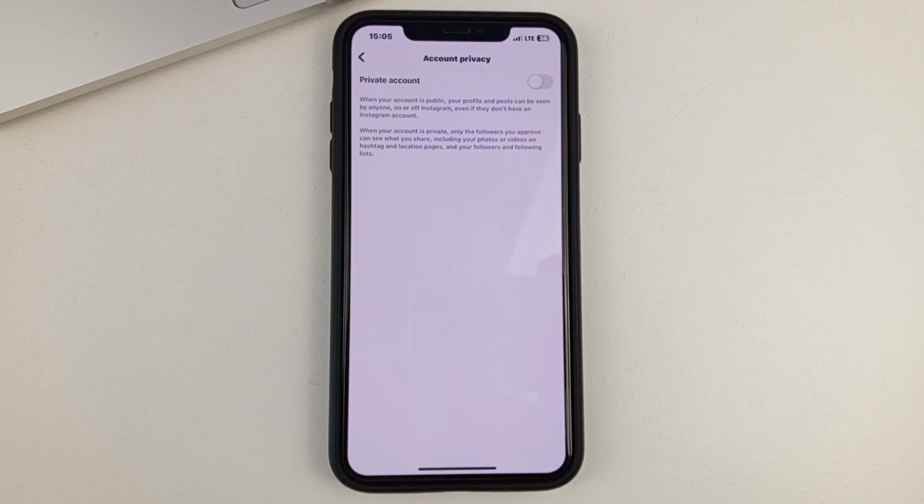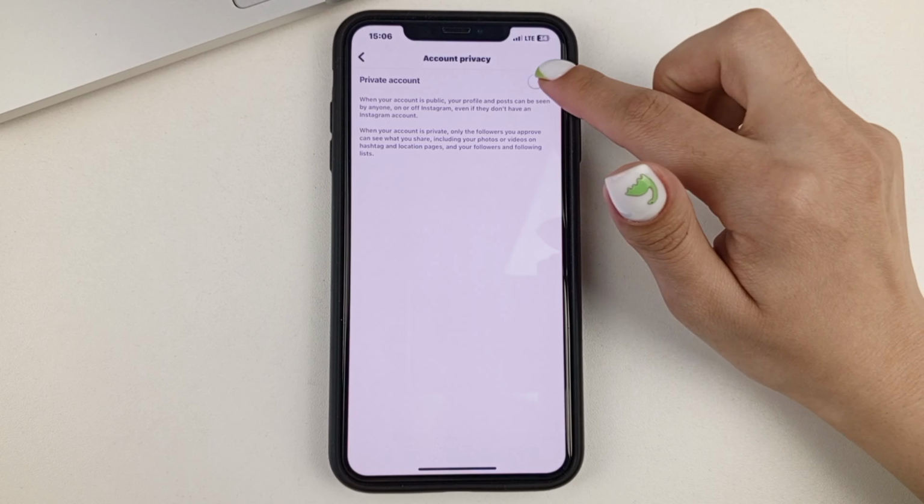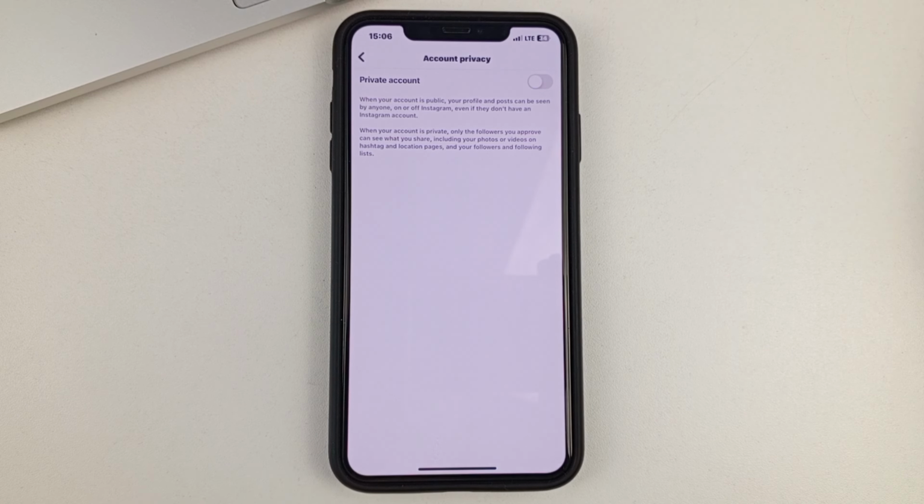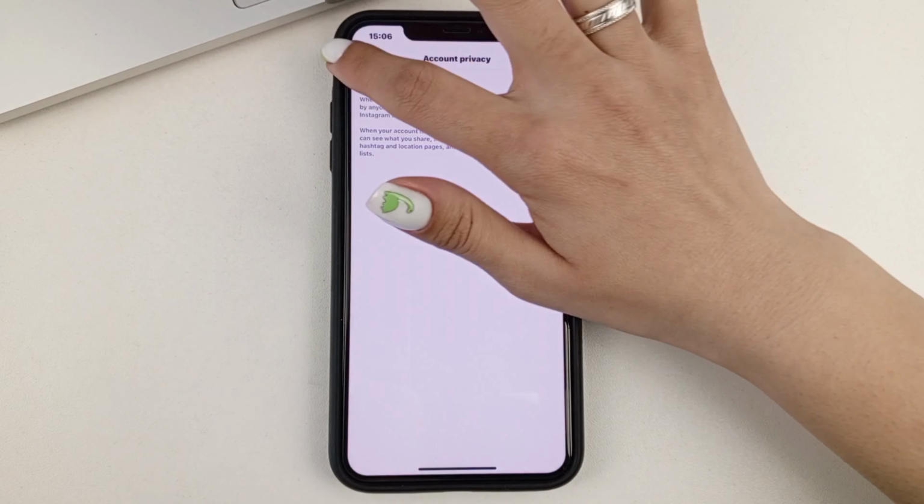And this is where you'll need to disable account privacy. Yes, friends, in order for you to be able to share your stories posts with other people, you need to first disable the private account, because if you have a private account, that it's closed, then unfortunately, you won't be able to do that. So, if you have it enabled here, you just one tap on the button to disable the private account.